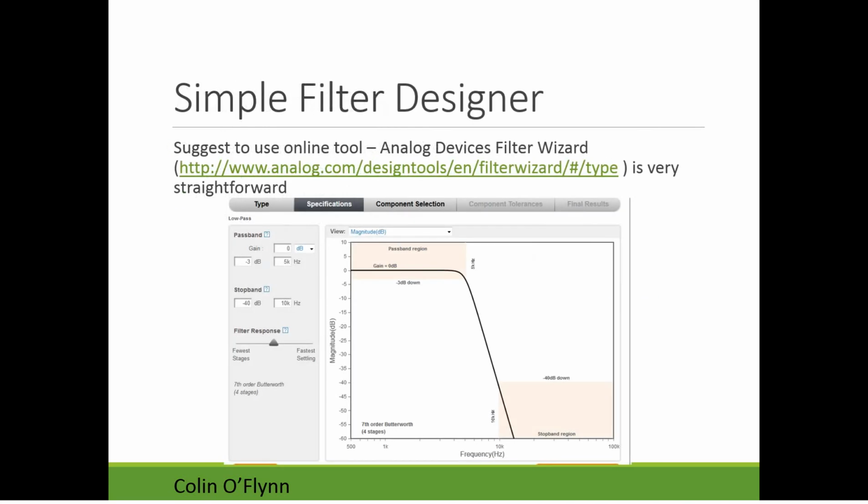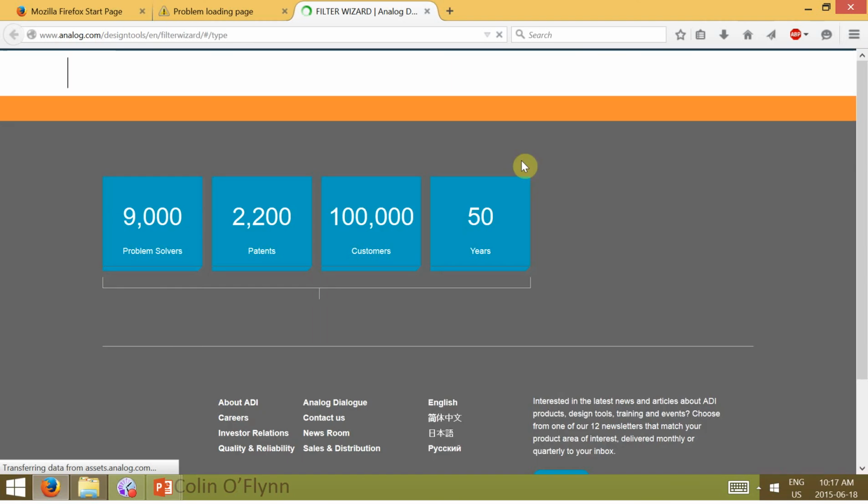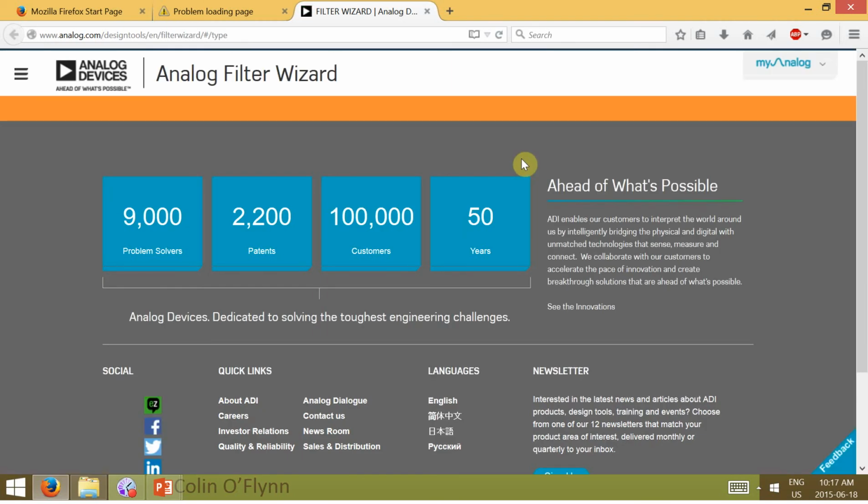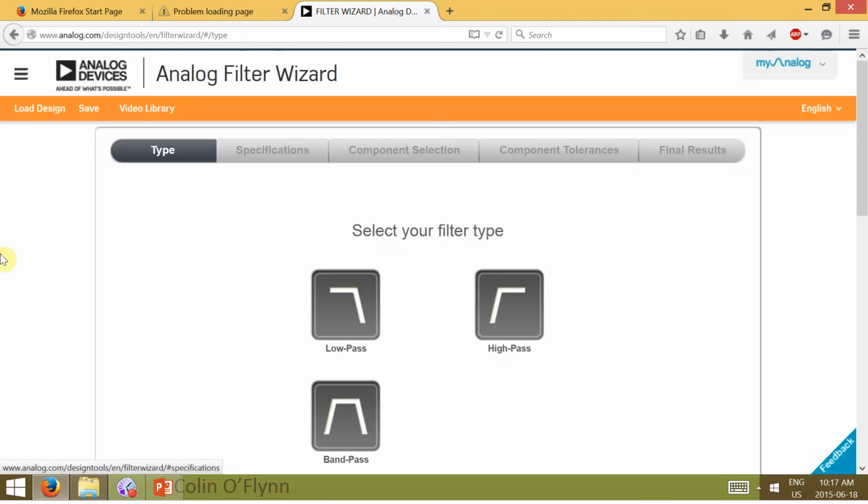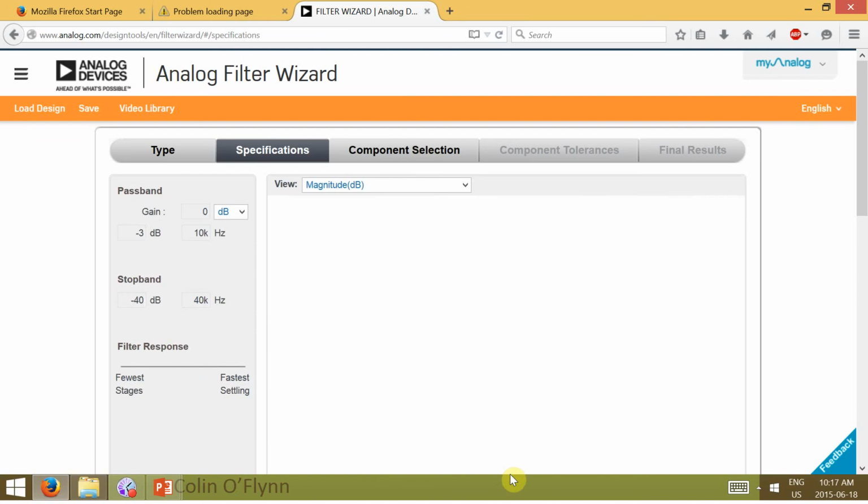So there's a few online tools. I just recommend these tools instead. Previously they used Filter Pro, Texas Instruments. This one's even sort of more straightforward in my opinion. So let's see if this works. When you go to the web page, it gives you some ad that comes up first. You can ignore that. And basically you just pick, hey, I want this type of filter.